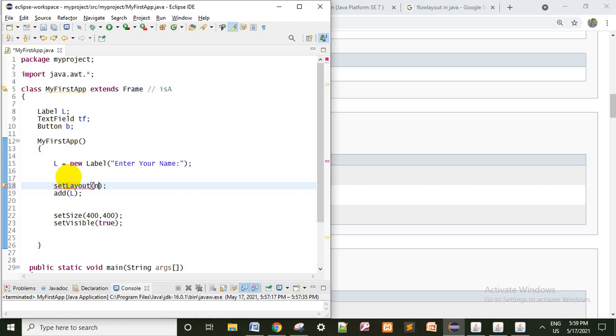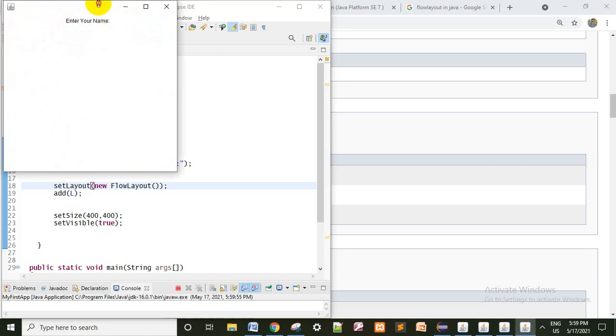So here I am using one layout, that is setLayout, one method which is available in the Component class. These are useful methods: setLayout, setSize, setVisible, every time we are using them. Here there is one class called FlowLayout. So I am creating an object for that, FlowLayout, brackets. That means whatever components you are going to add, they will be added in only one line, one after one. I will show you how it is displayed. So now I will execute this.